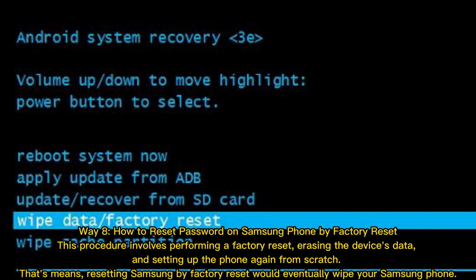Way 8. How to reset the password on a Samsung phone by factory reset. This procedure involves performing a factory reset, erasing the device's data, and setting up the phone again from scratch. That means resetting Samsung by factory reset would eventually wipe your Samsung phone